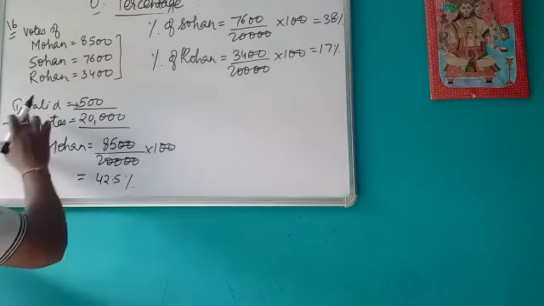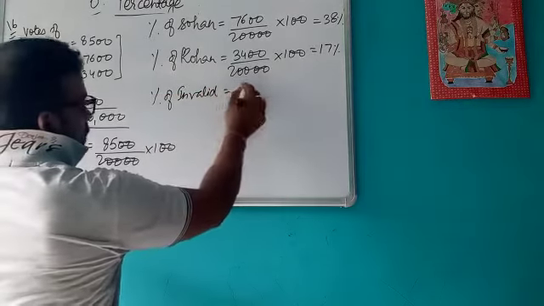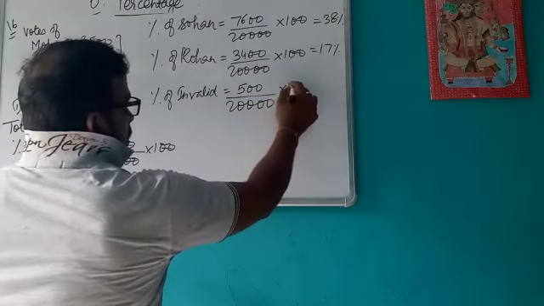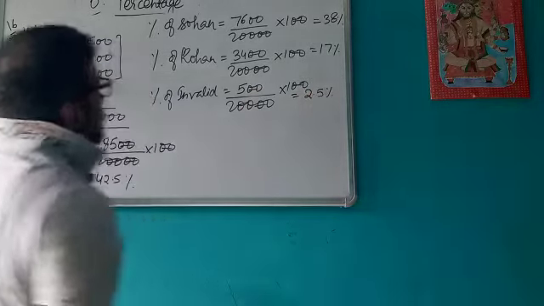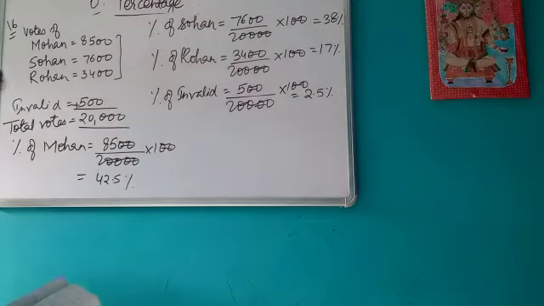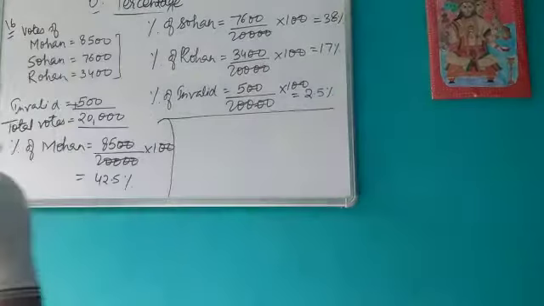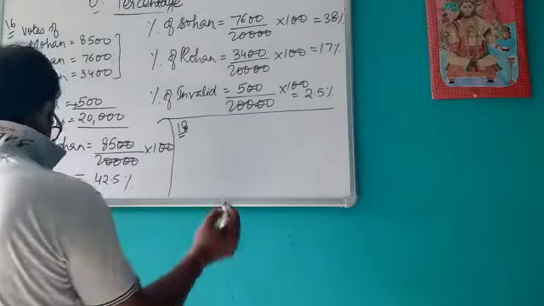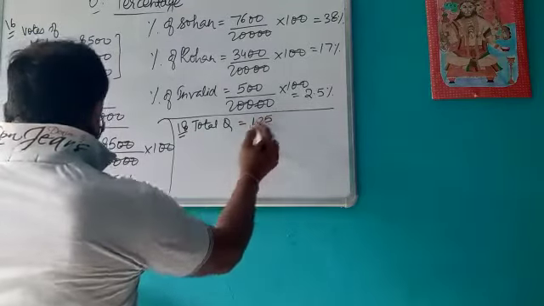Then we have to calculate the percent of invalid votes. So the percent of invalid votes will be equal to 500 invalid votes and again 20,000 were total votes. So when you calculate you will get 2.5%. Okay, so this is how you can calculate the percentage of the things that you need to calculate. Then in the 18th question it is given that total questions were 125 and